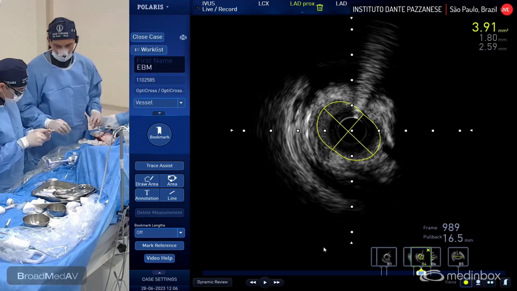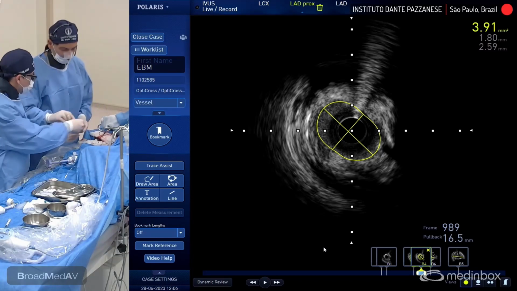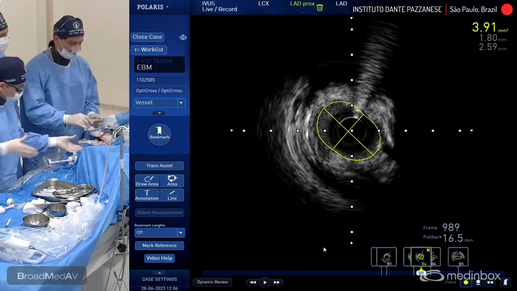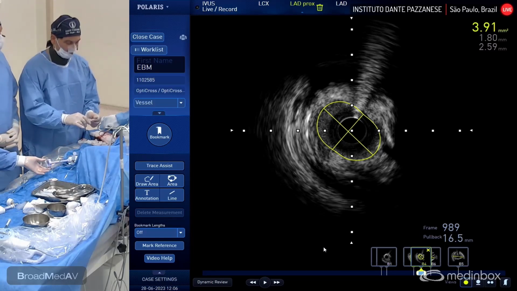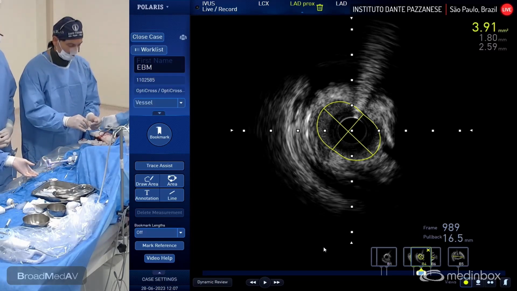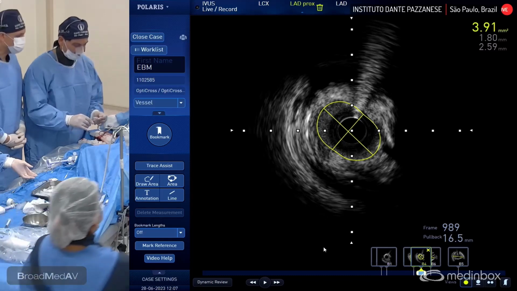To do some extra work to fully open the struts, you're going to recross with a balloon over the third wire. The 3.5, the 2.5, the 1.0. When you have difficulty to recross,